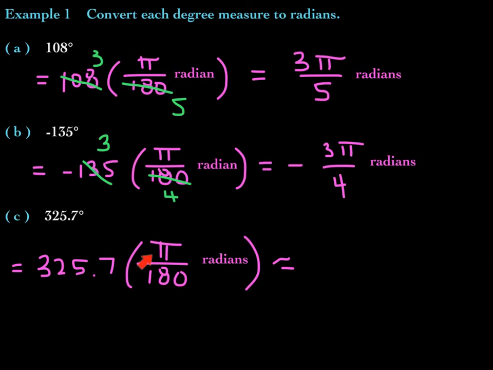Do not use the approximation 3.14, the most common approximation for pi. Don't use that. Instead, when you're doing this calculation here, press the pi button on your calculator, the pi key, instead of punching in something like 3.14, because then we're going to be off a little bit. So do 325.7 times, press the pi button, and then divide that product by 180, and let's round to 4 significant digits, and we should get